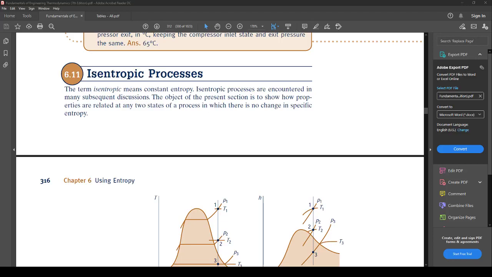So, like I said, last time we talked about entropy produced terms. And today what we're going to talk about is isentropic processes. Now you might be going, well, Jared, we already talked about isentropic processes, right? That is true. We have, but not to the same degree at which we need to go into it